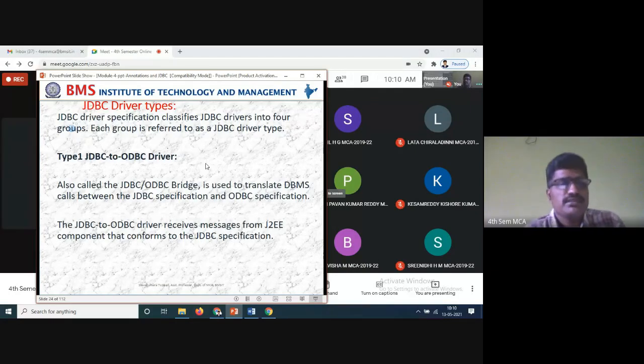The second one is that the JDBC to ODBC driver receives the messages from a J2EE component that conforms to the JDBC specification. So the first one is nothing but a bridge, the connection establishment between JDBC and ODBC.